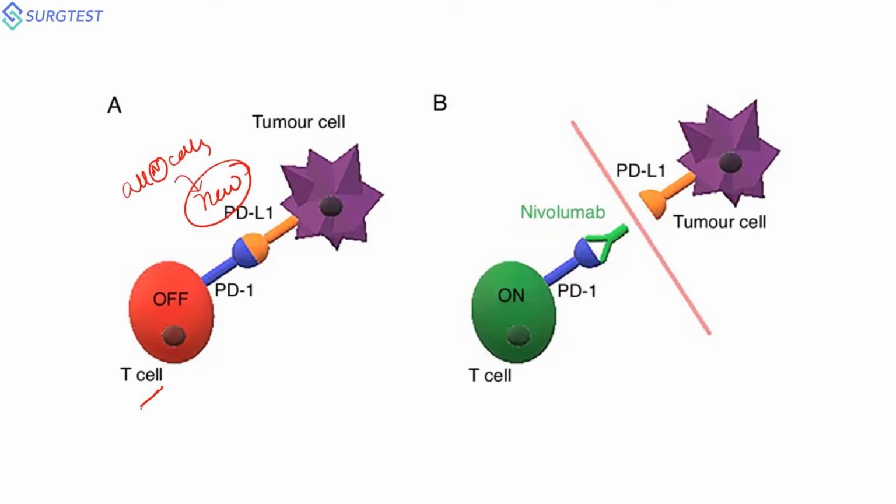This is like an identity card for a particular college. Say, for example, if you are from a particular medical college and you have an identity card, you'll be let inside your campus very freely. Nobody will be questioning you. The same thing happens here. The tumor cells have an identity card of PD-L1.